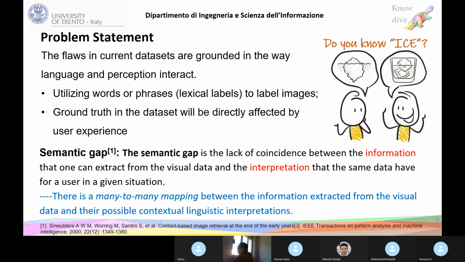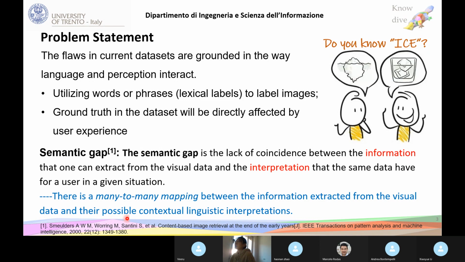In our opinion, these flaws are grounded in the way language and perception interact. The key observation is that there is a misalignment between what computer vision systems perceive from the media and the words that humans use to describe the same sources. Specifically, current datasets utilize words and phrases to label images. For example, all category labels in ImageNet are words taken from WordNet, and we call these labels